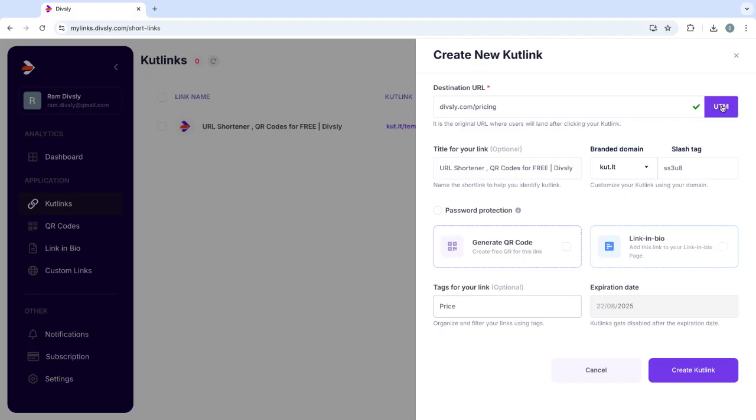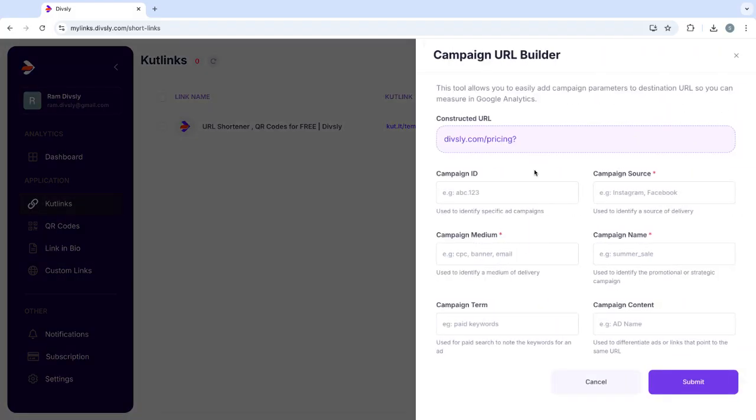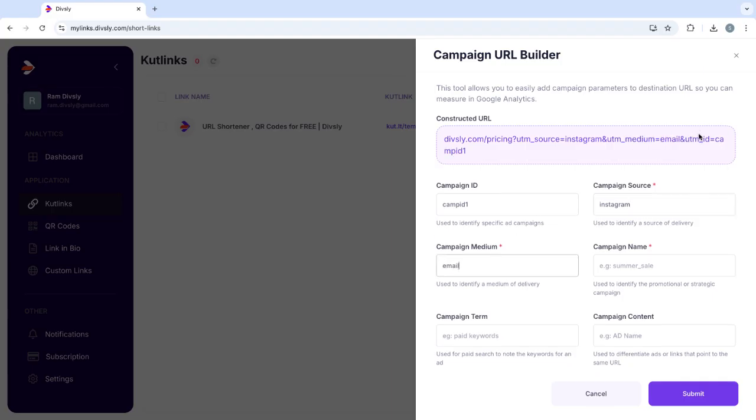And now let me check the UTM parameters. You can add the UTM parameters. This is the constructed URL which will get updated. So let me give the campaign name camp ID1, and the source is Instagram, medium is email. You can see everything getting updated over here, and the campaign name is